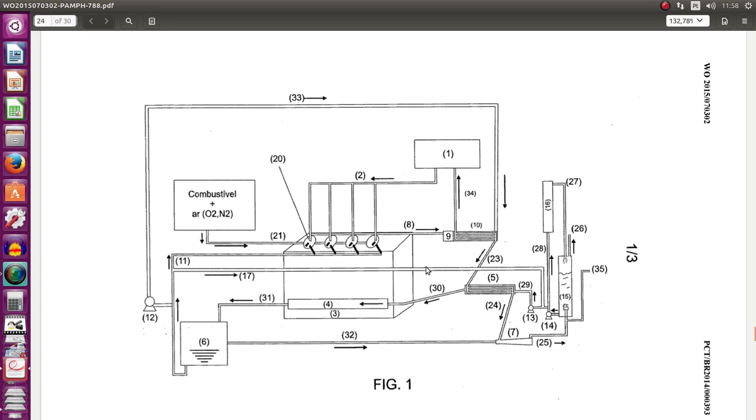So this is one of the inventions, this energy recovery system. Another part of the invention is a secondary invention, that is the gas cleaner, gas washer. Well, number 6 is used to feed number 1. But here we have liquid that goes in the pump 12 in the line 33, passes through this heat exchanger number 10, and the energy that comes from the exhaust gas is enough to evaporate this liquid